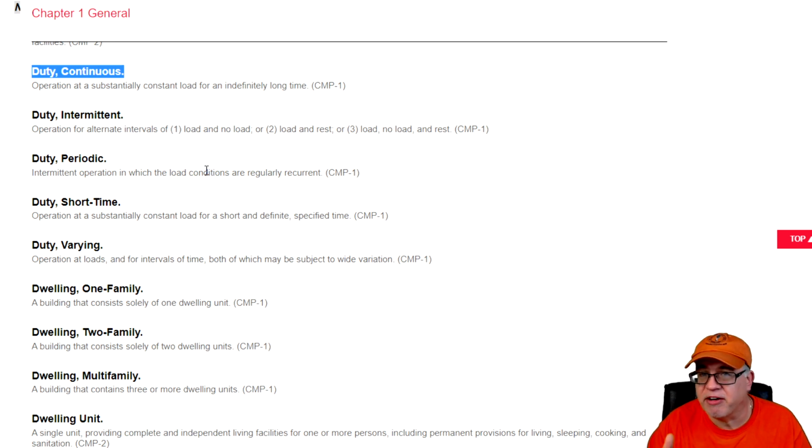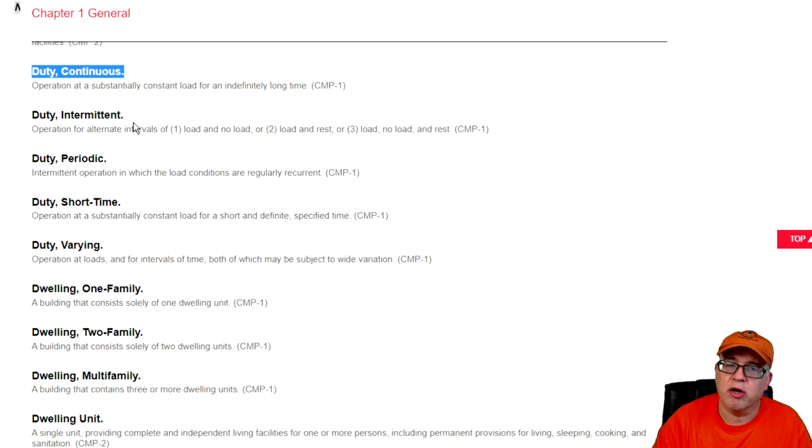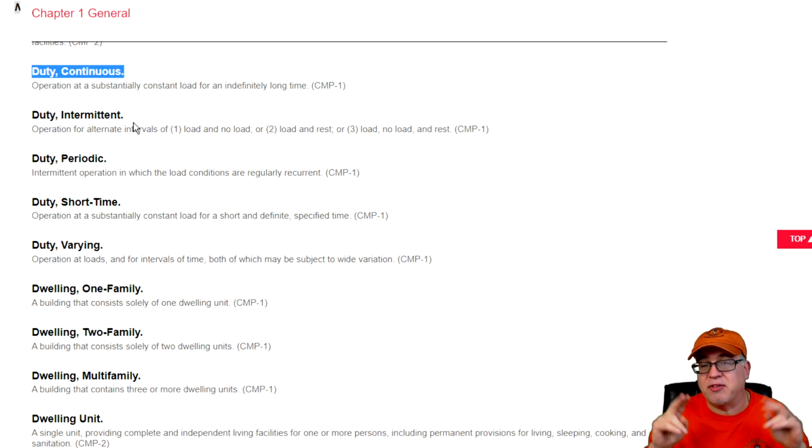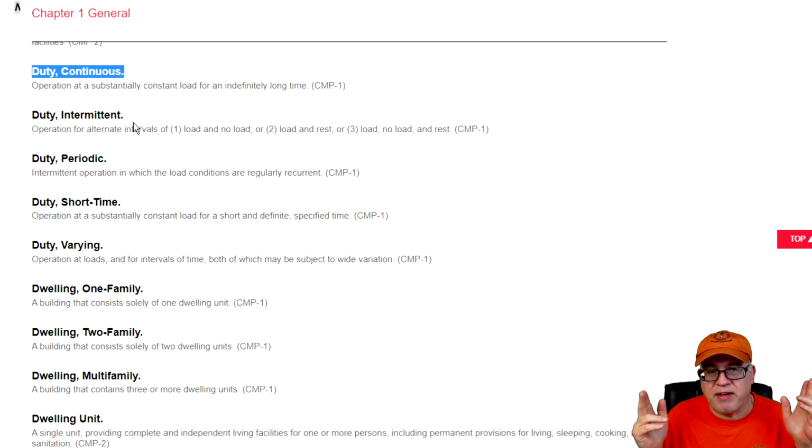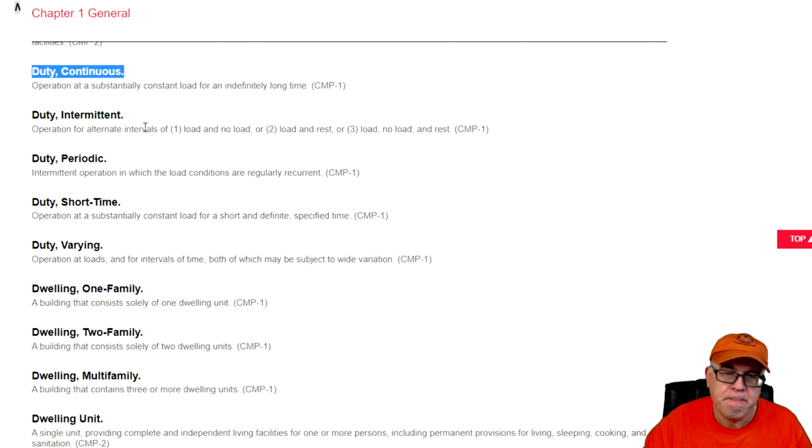So it has a rating that is considered continuous duty. Now, you've got other motors that are not continuous duty because they're going to be time specific, and that's when we look at these. And most motors, by the way, are going to be treated as continuous duty, which ultimately is going to translate in the code as dealing with 125% as a factor that you have to take into consideration because of the continuous duty rating. Don't get that confused with continuous load, even though it seems similar. If you want to remember the 125% for all continuous duty motors, that's fine, but understand that continuous load is totally different than continuous duty, even though they do share the same multiplier. Okay. Next, we have